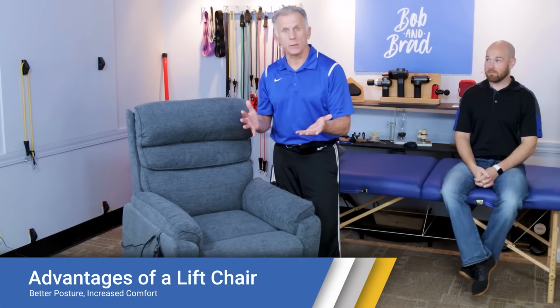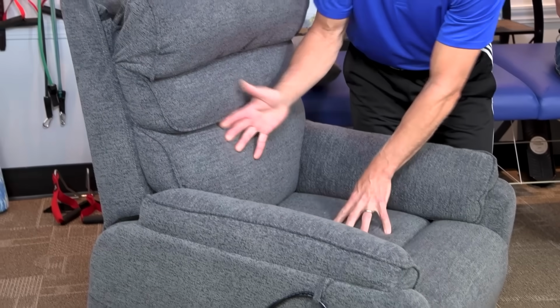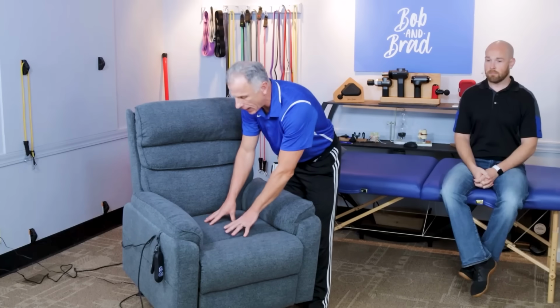All right, the next point is posture and comfort. They're directly related. And what I always look for is a firm chair, not a soft one. We want good back support. And if it's too soft and cushy, what happens is you sink way into it, which some people think is comfortable, a nice soft chair, but it makes it much more difficult to actually get out of the chair. You get this rocking motion before you get the momentum. And that soft cushion can round the back out,